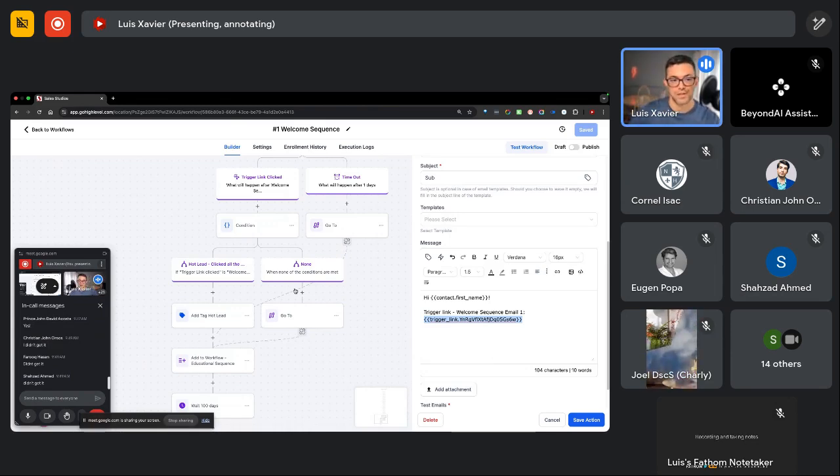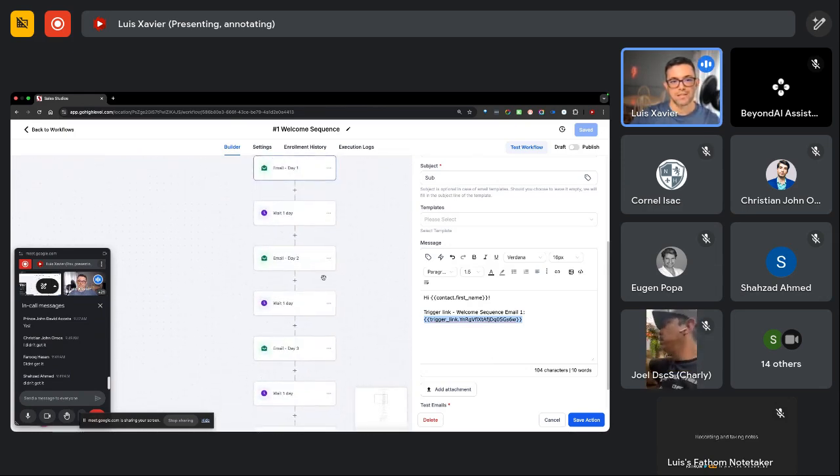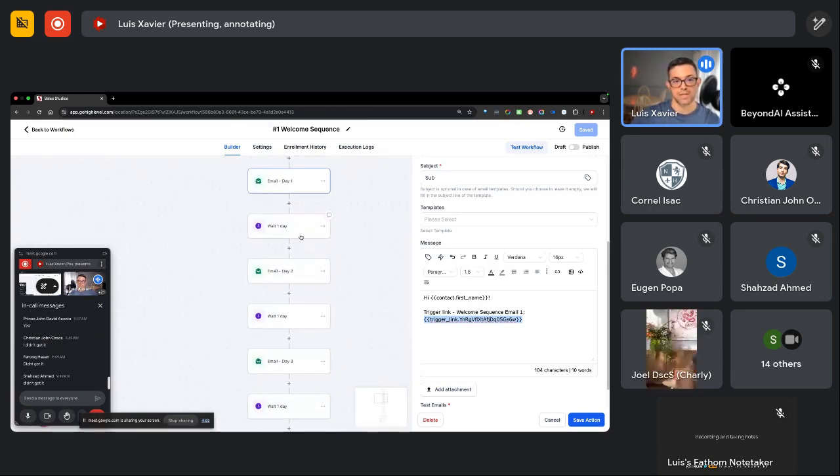You can use lead scoring, for example. In this particular example, that's what I've done. But if you know how to use lead scoring, it might actually be a better way to do it. But I just wanted to show you what this is about. Okay. So as you can see, I send 1 email a day.